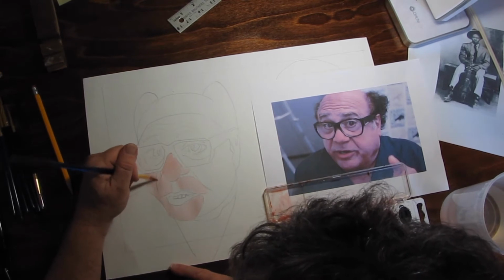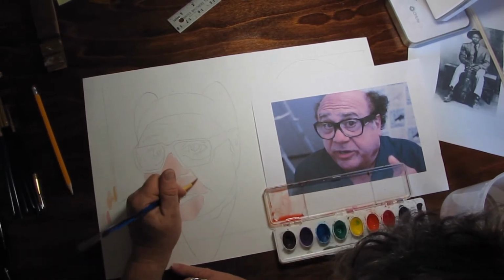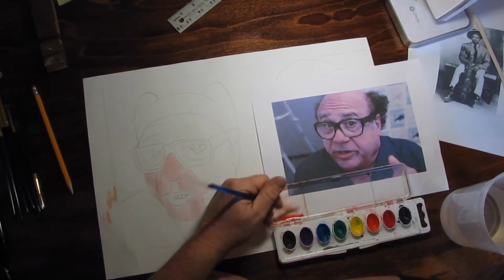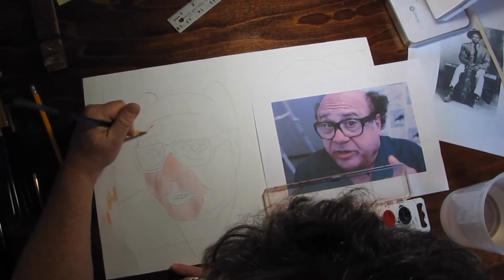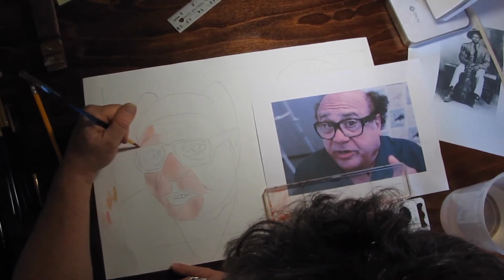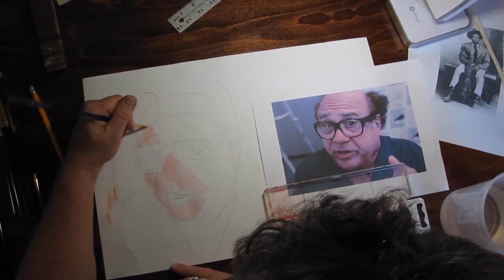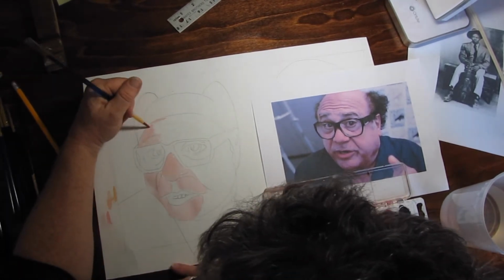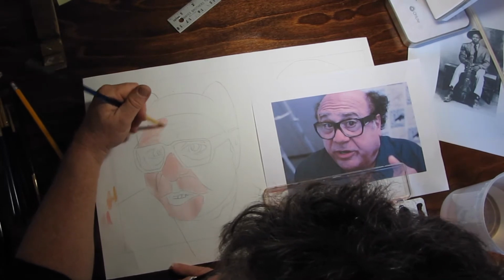Now I'm even going to paint in his shadow areas just because I can always put a gray wash over the top of that. So I'm really just going to go in here. The only thing I'm worried about not painting over is anything that would register as white, because anything that's going to register as white,